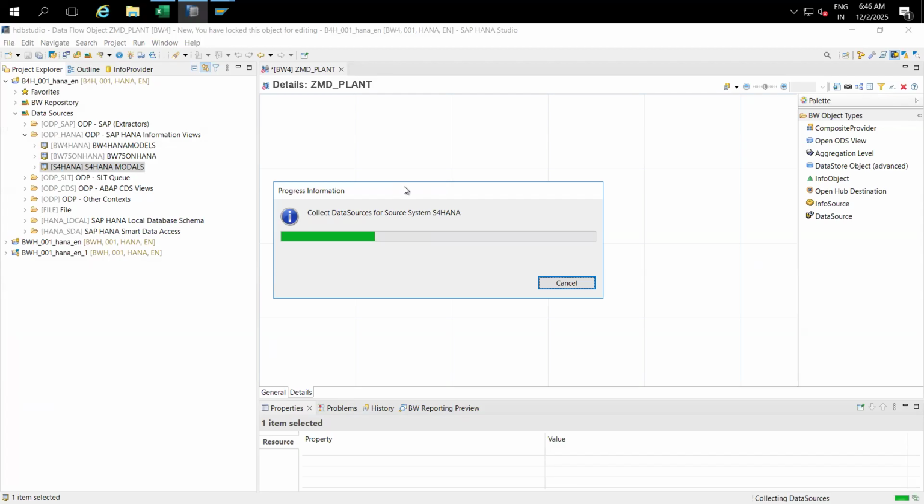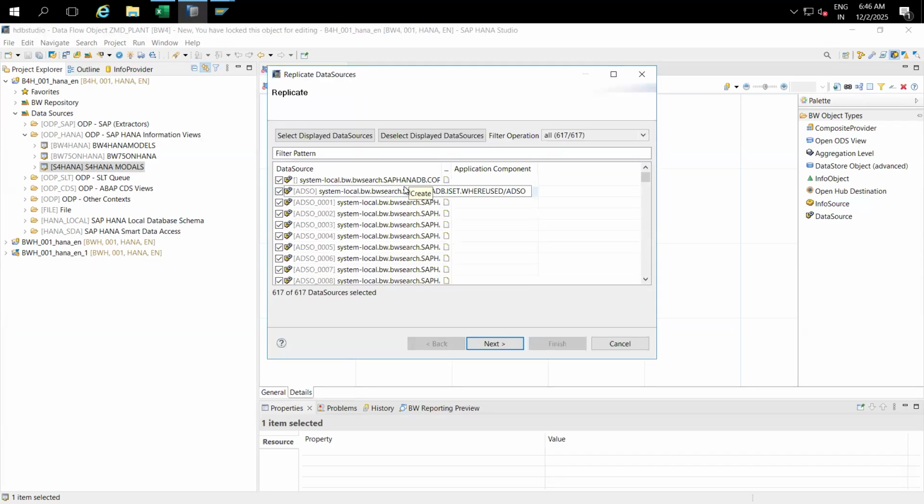And also this is a one-time activity. No need to do it many times. See, like this, it will give all of them. How many data sources are there? Sixty-one data sources are given to you, total sixty-one data sources. See here, replicate data sources. So now what we need to do: deselect, display data sources. All are selected, right? So I don't want all this. I want only,